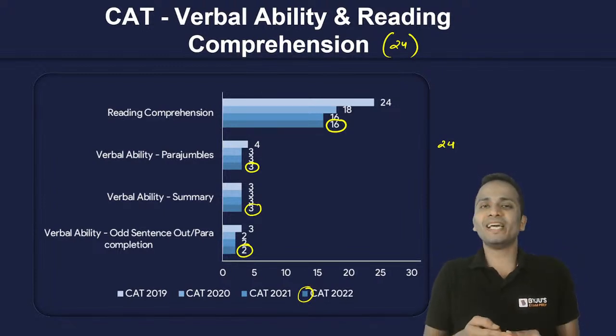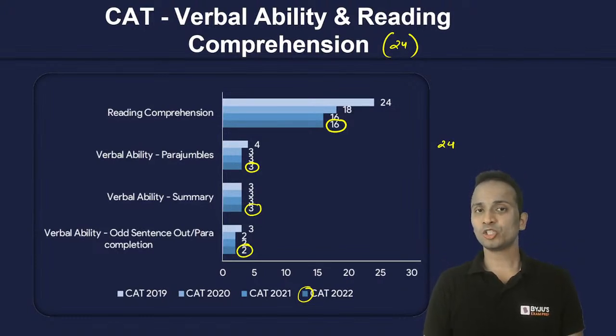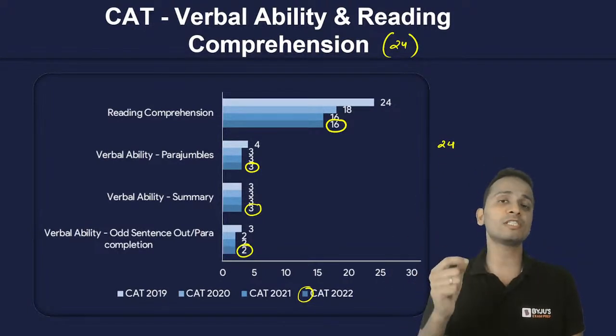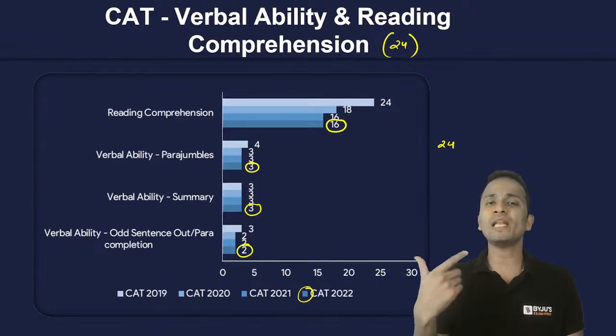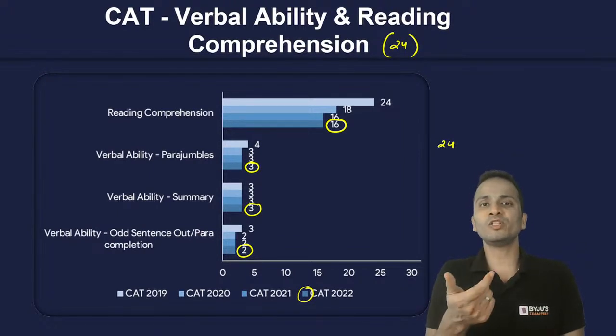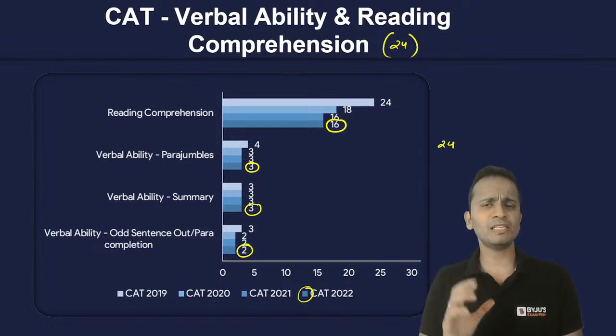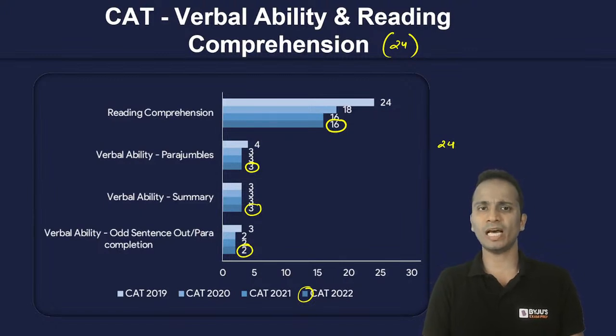Okay, reading comprehension will definitely require a lot of reading. Okay, para jumbles. So you will have 5 or 6 sentences and you will have to arrange them in a sequence to make a coherent paragraph, right? Now, this will require a lot of reading. So these sentences will not be 4 or 5 word sentences. They will be quite big sentences that you will have. Okay. So once again, reading skills will be required.